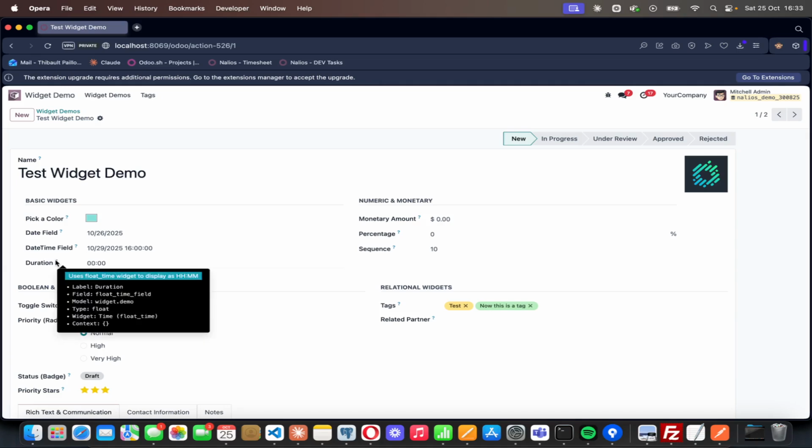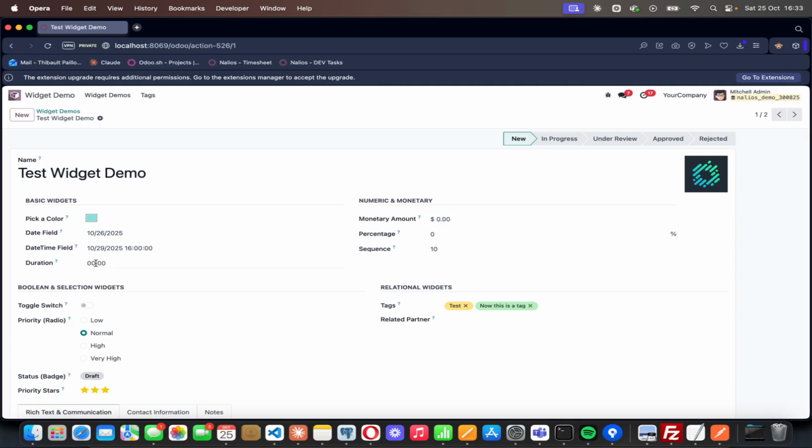Then there's the float time widget, which is this one, pretty much just a convenient way of displaying time and durations. Pretty useful for timesheets and so on. Then you'll get the monetary widget, which is just to display currencies, and this adds the currency symbol in front of the